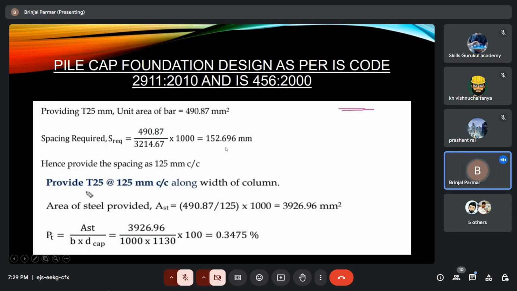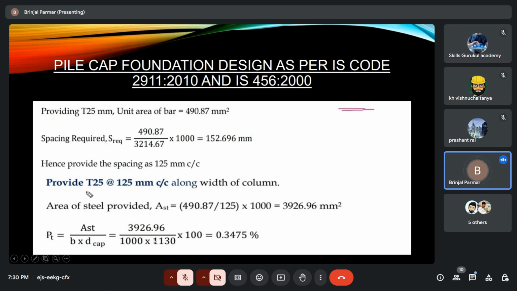If we provide more than this, sometimes we get a problem. So we always take a minimum in this spacing. Provide T25 at 125 mm center to center along width of column. Area of steel provided, Ast, is 490.87 divided by 125, where 125 is the spacing and 490.87 is the unit area of bar, into 1000, is equal to